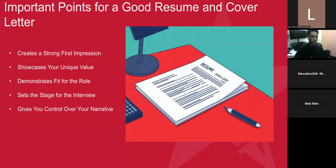All right, so let's get started. Let's talk about some key points that make a great resume and cover letter. First up, a good resume and cover letter makes a strong first impression. These are often the first things that a hiring manager sees. So you want to grab their attention, keep things clean and easy to read, and focus on your strengths right